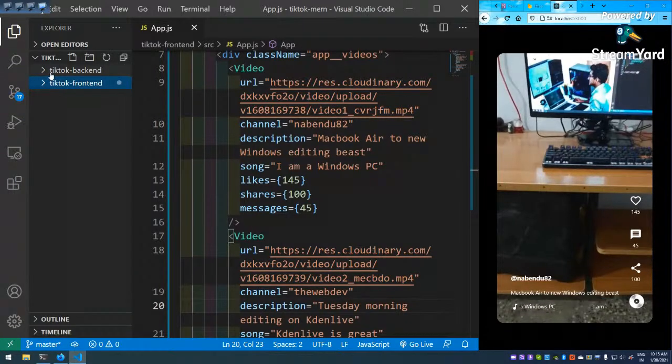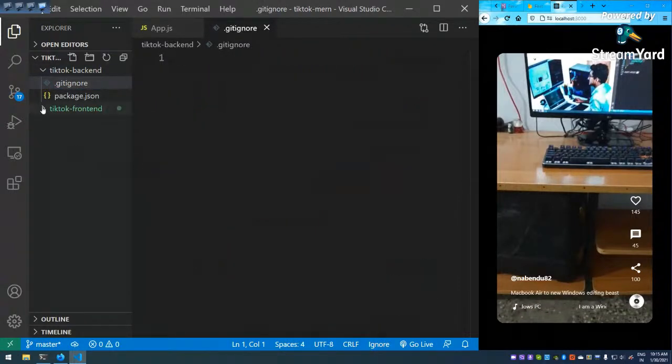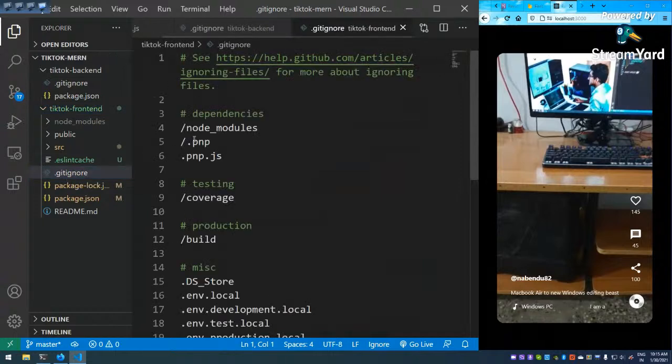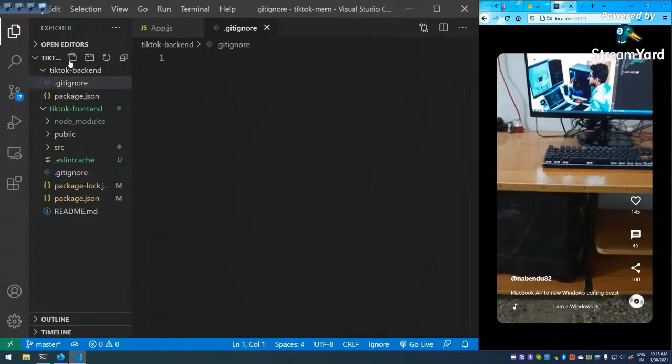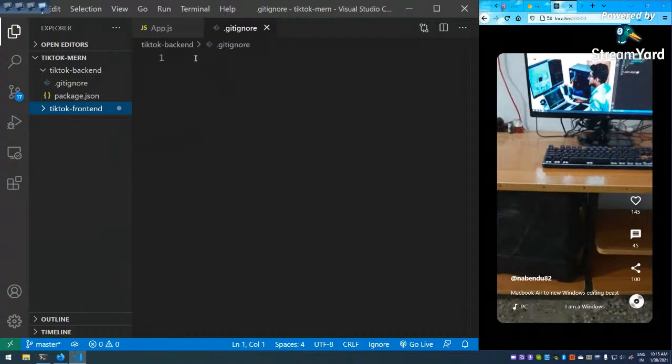So before moving forward, I will do one thing which I always like to do, because or else I will forget it. Git ignore. We have to create a git ignore file. See, in the TikTok frontend, which is created by create react app, the git ignore is already there, and they have mentioned node modules. But it is not created when we do it by npm init. And git ignore is a very important file. Why is it a very important file? Because